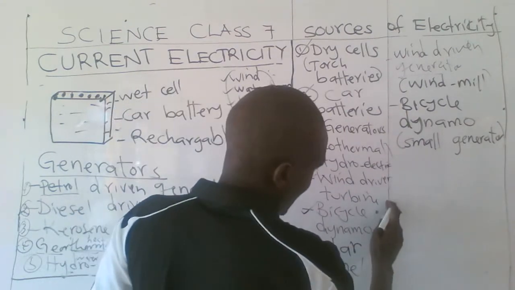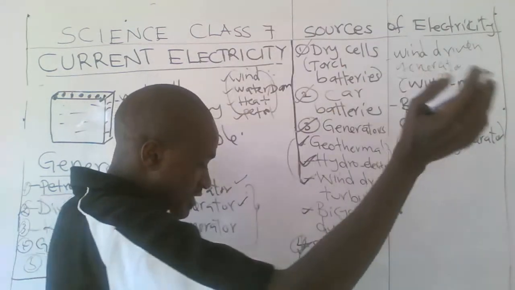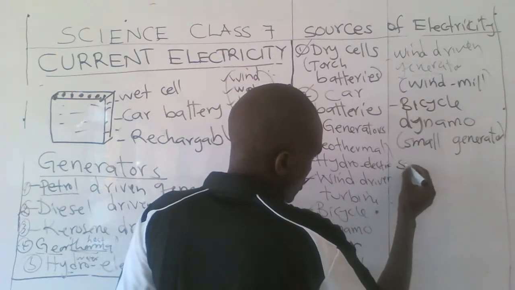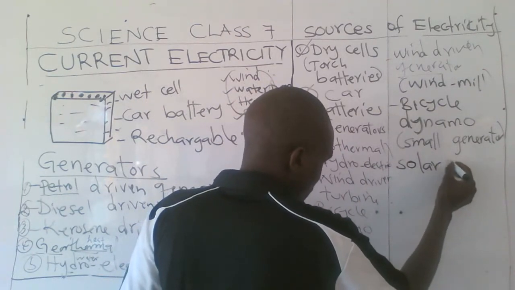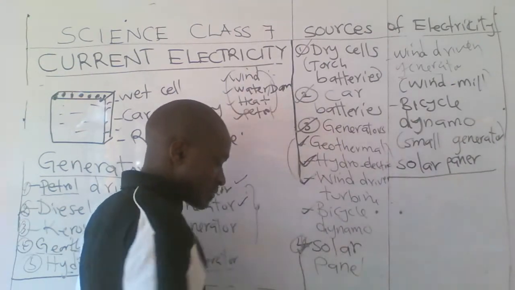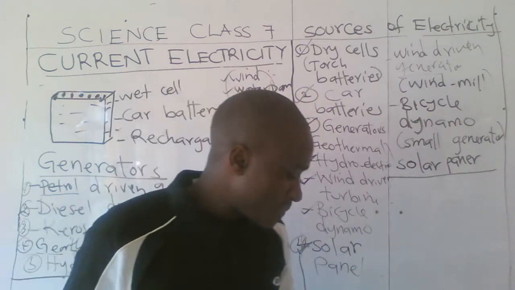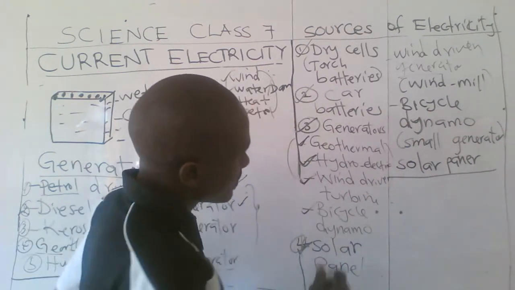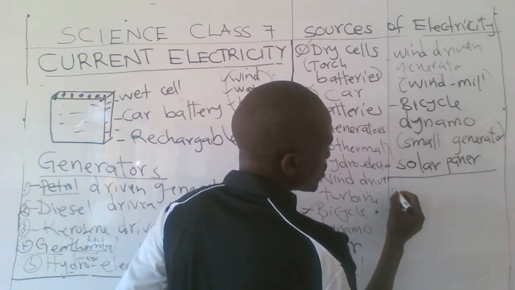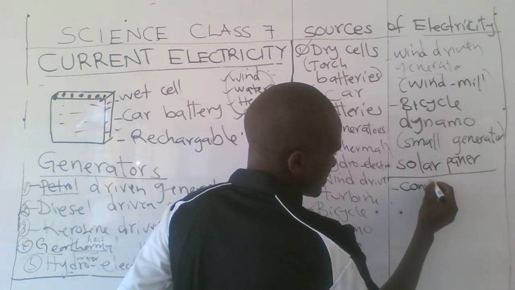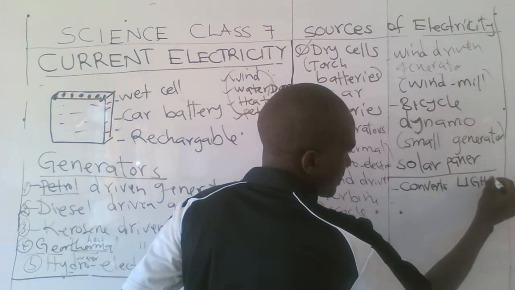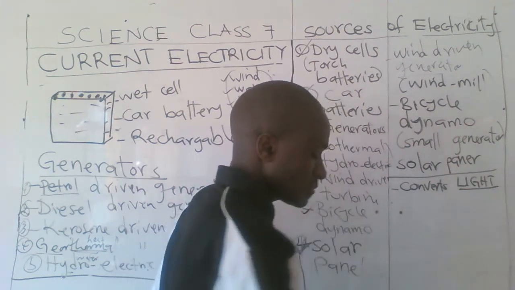And now lastly, under current electricity, we are going to talk about the solar panel. Solar panels, we can also call them solar energy panels. With a solar panel, what you must know here is that a solar panel converts light energy from the